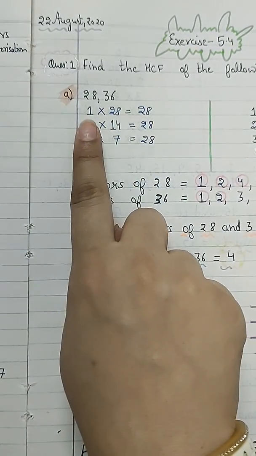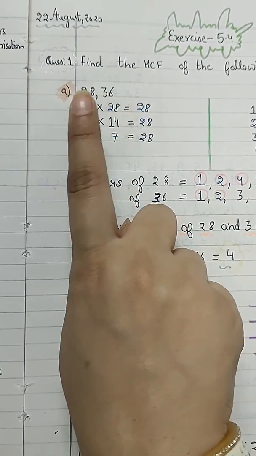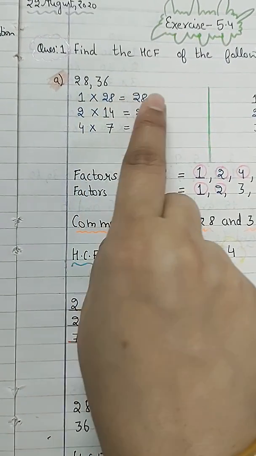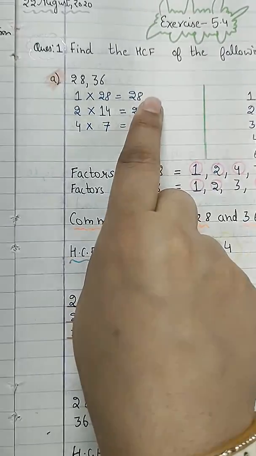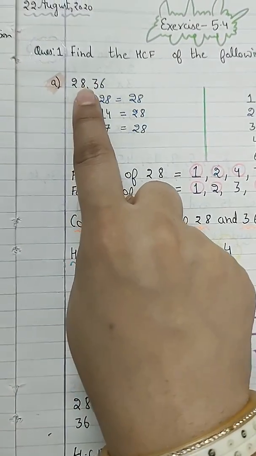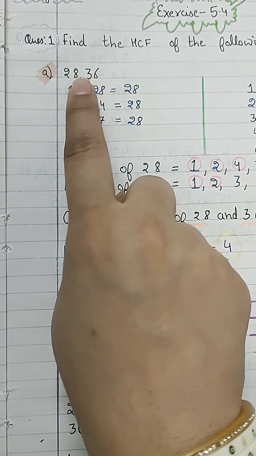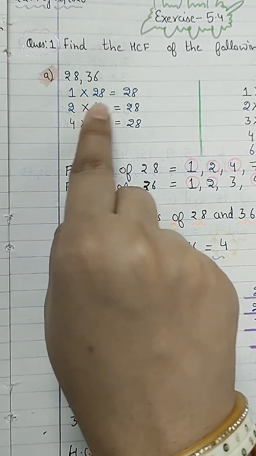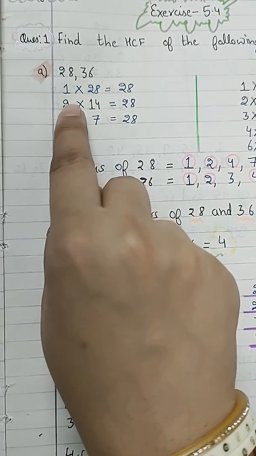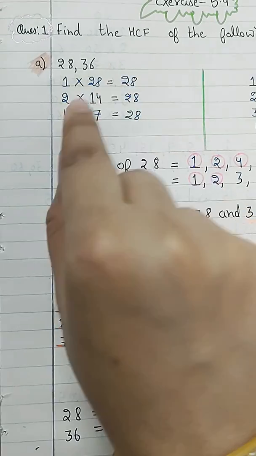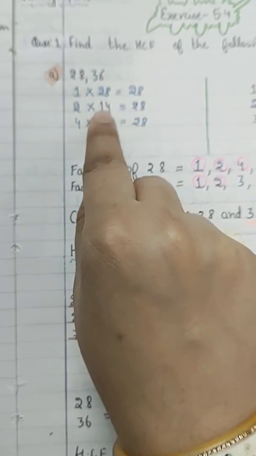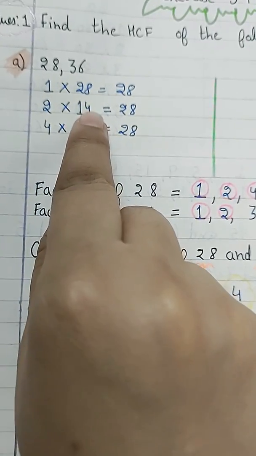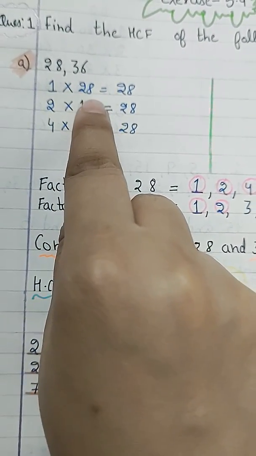So 1 multiplied by 28, or you can write 28 multiplied by 1, but we are going to start from 1. 1 multiplied by 28 is equal to 28. We are getting the same number. Now check the divisibility rule of 2. As it has 8 at the end, it will be divisible by 2. 2 multiplied by what gives 28? 2 comes in the table of 2 at 1, so we write 1. Now 8 comes in the table of 2 at 4, so we write 4.